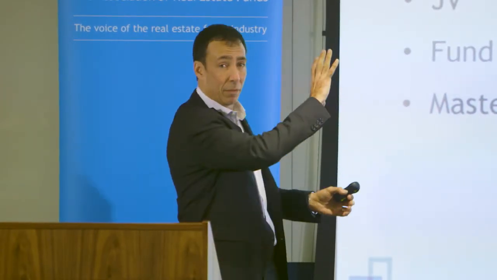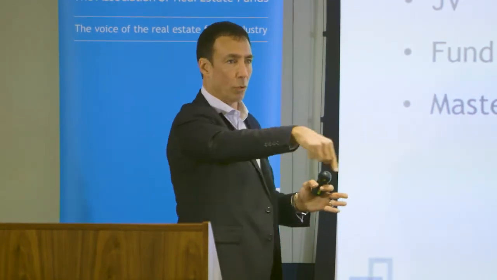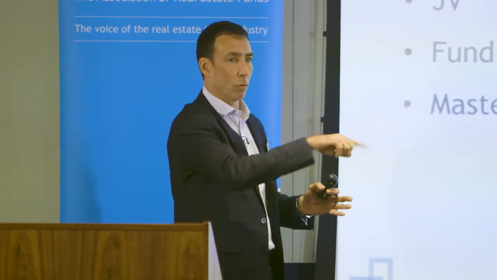So an umbrella or sub-fund is effectively taking that previous concept. You would normally have a pool of money, you invest in a range of assets. Well, an umbrella sub-fund is effectively, you've got a pool of money, you take part of it and you invest in a particular strategy, another part goes into another strategy, and a third part goes into a third strategy. That's as simple as an umbrella sub-fund.